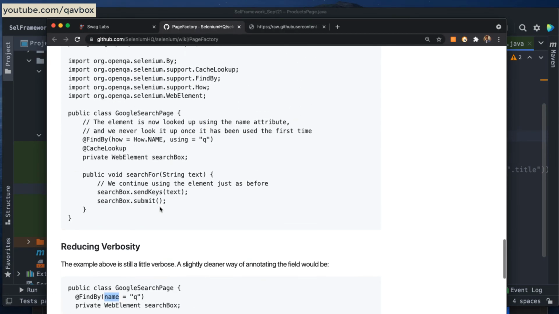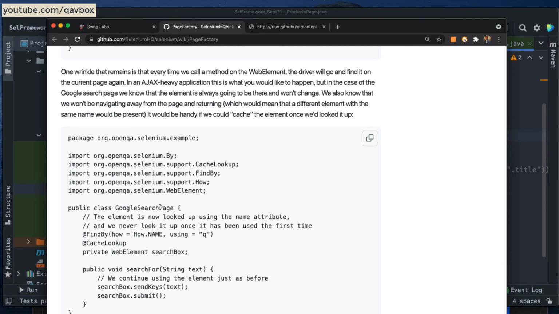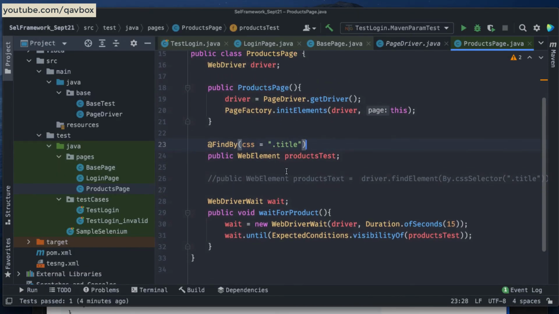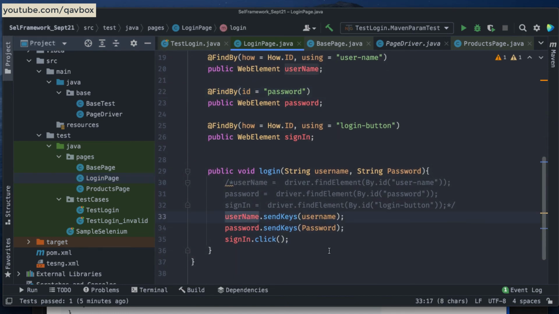Let's see, there are some other things. See what exactly it is telling. One wrinkle, so one problem with this is that every time we call this method on the web element, the driver will go and find it on the current page again. Means, see, at this moment let's go to this one. So I'm taking this username, right? Now let's say that in another method I'm using this again, the same username only.